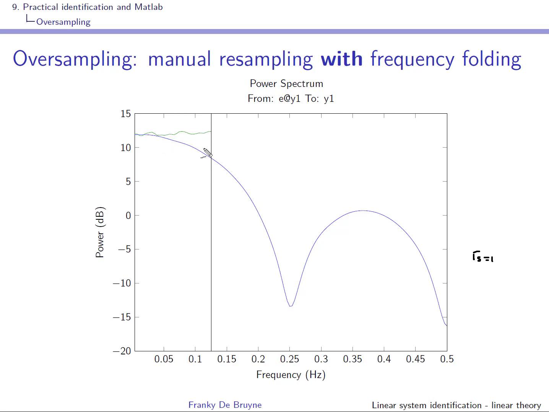So what we see here is the spectrum in green of the data that has been obtained by taking every 4 points without applying a low pass filter. Since we take every 4 points, we have changed the Nyquist frequency and it has been divided by 4. So here we have 0.25 Hertz. This is the new Nyquist frequency, and as you can see here, the spectrum of this signal that